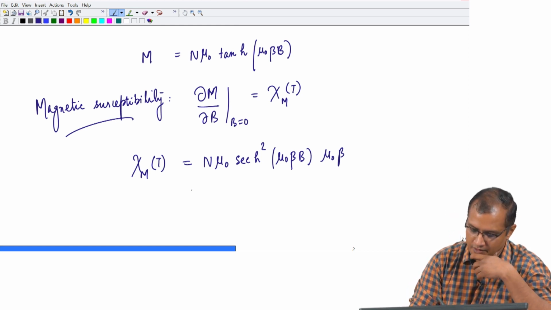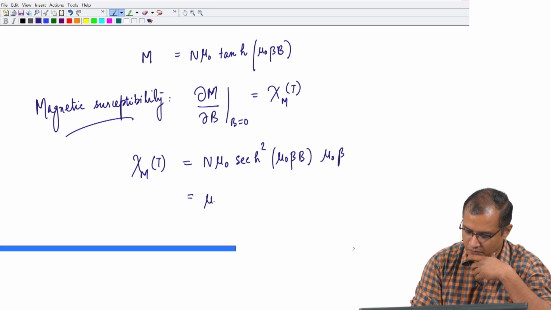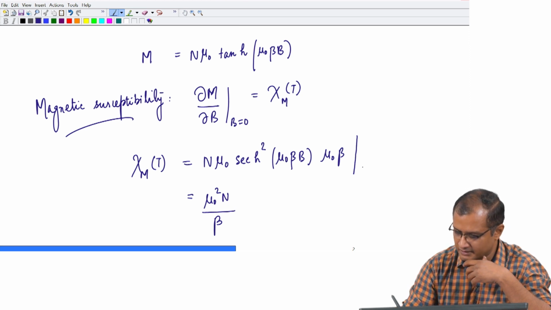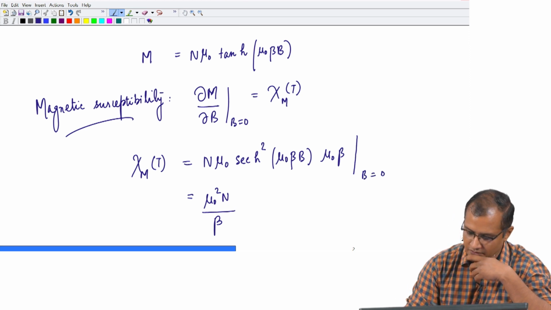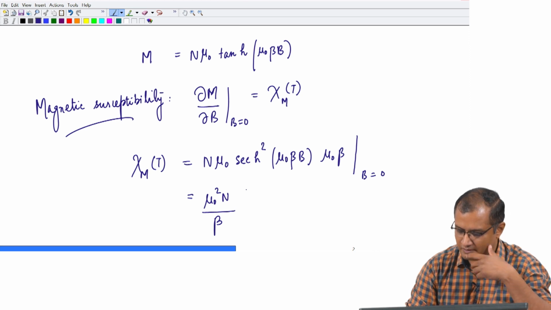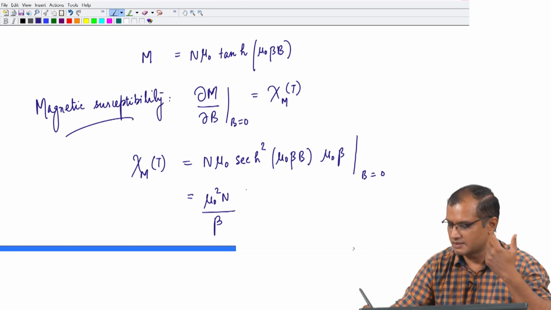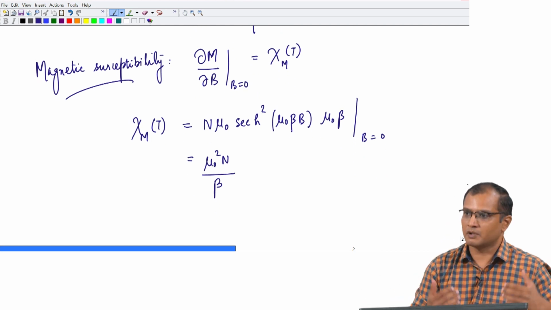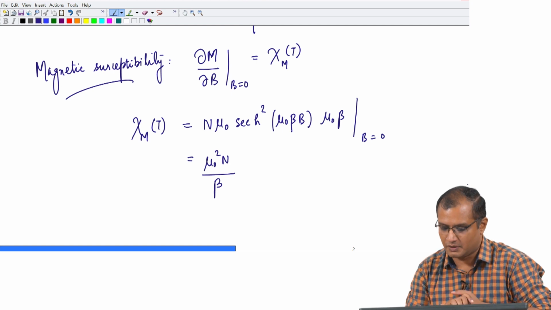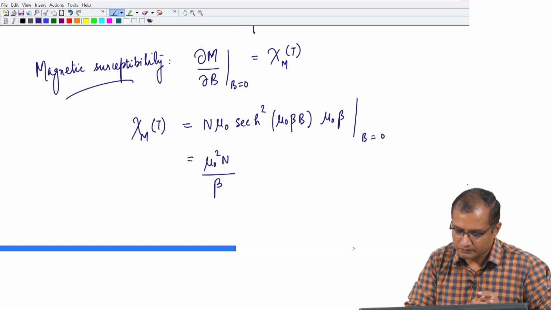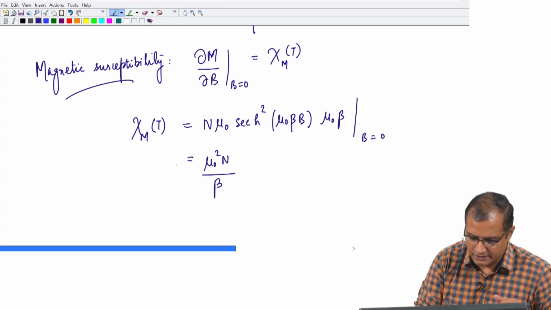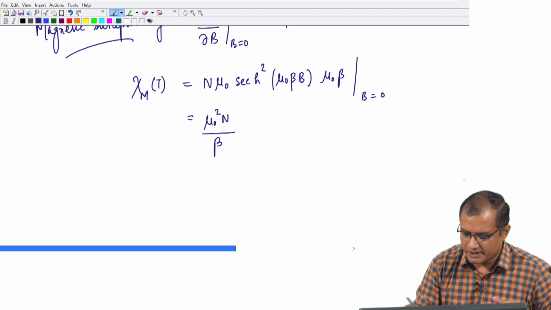So, this is nothing but mu 0 square n upon beta, and the entire derivative is taken at B equals 0. So, this just becomes mu 0 square n upon beta, because secant hyperbolic 0 is 1 upon cos hyperbolic 0, which is already 1. So, this is basically the magnetic susceptibility,